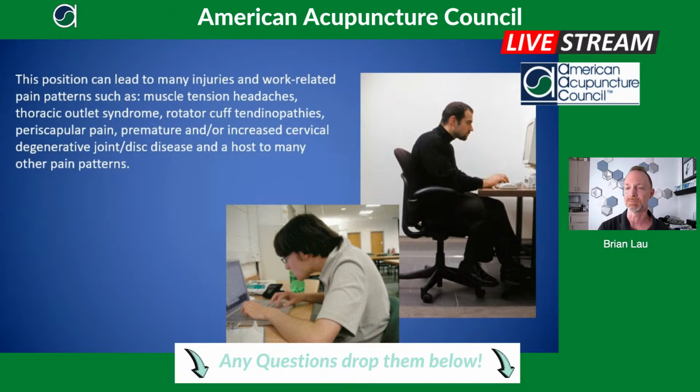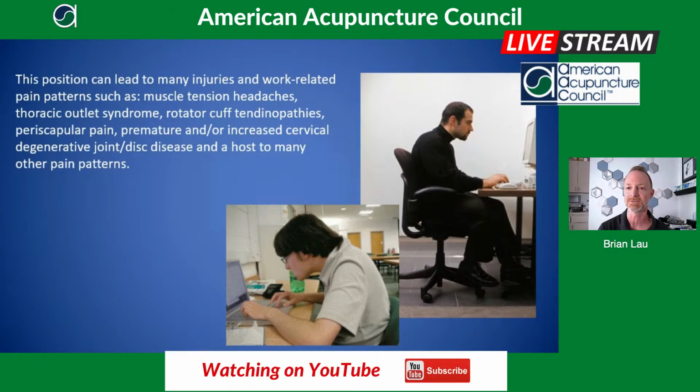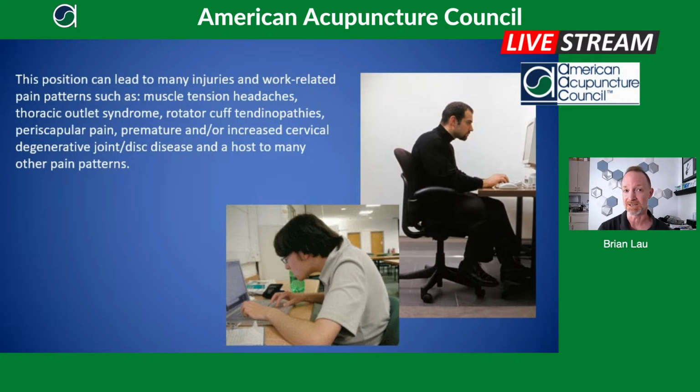And all of that's going to put a lot of undue stress on the cervical joints and increase the chances of degeneration, of degenerative disc disease, and that can lead to a whole host of other problems. So it's a massive problem. Many of our patients are office workers. They sit for prolonged periods of time at the desk. So it's really important to have a good working knowledge to be able to help them come